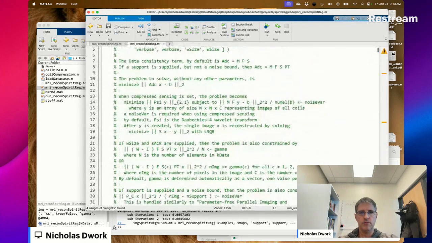That's going to be true for all C. That's what we want.